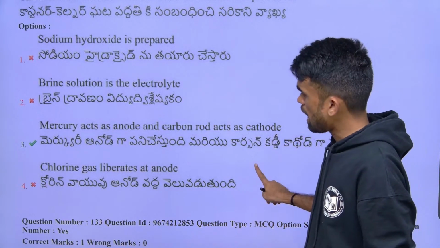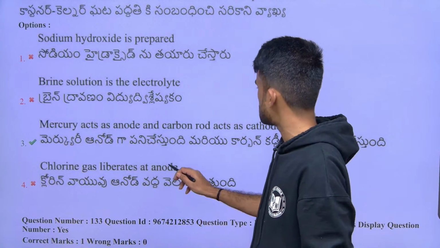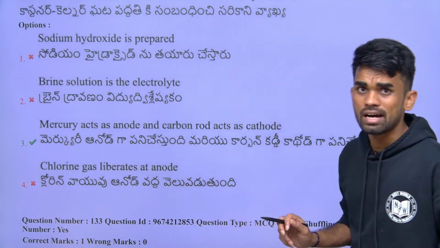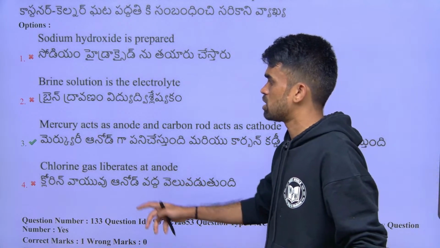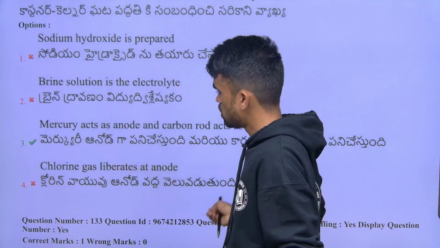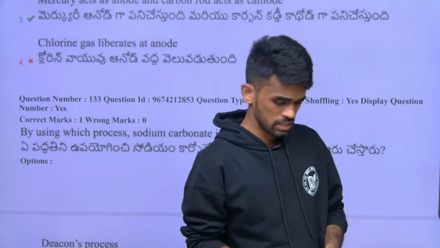Okay, so at anode what happens? Cl2 gas is liberated. That is, at the carbon electrode, Cl2 gas is liberated. Okay, that is what we will be observing, but the third option is incorrect. So you can choose the third option. Okay, so next one is